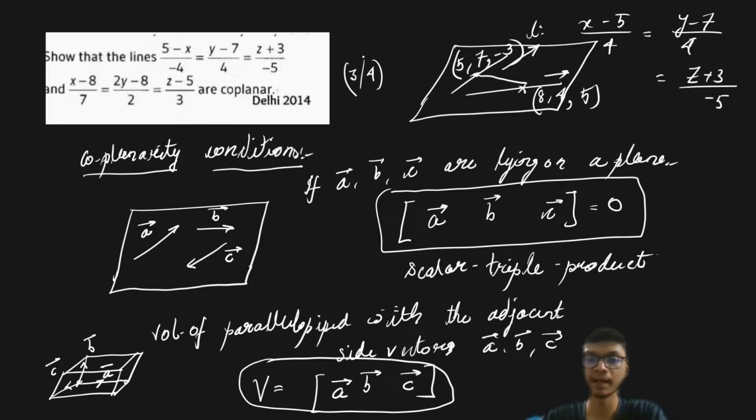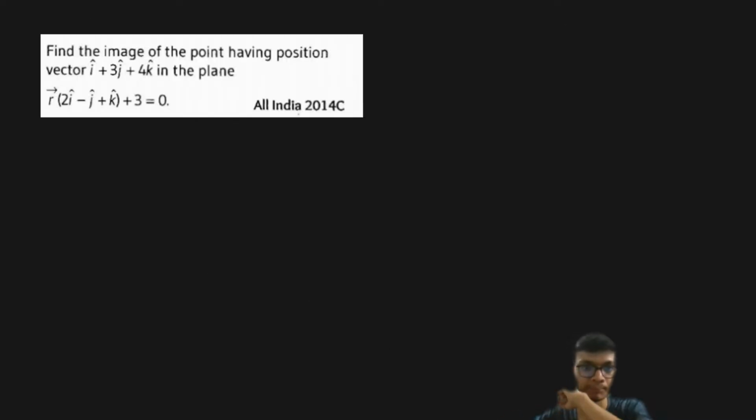Maybe some year it was asked as a 3 marker problem, some year it was asked as a 4 marker problem. But this is a very important problem, so make sure that you don't miss out on it. With this, let's move to the next problem. So in the next problem we have to basically discuss how to find the image of a particular point on the plane,